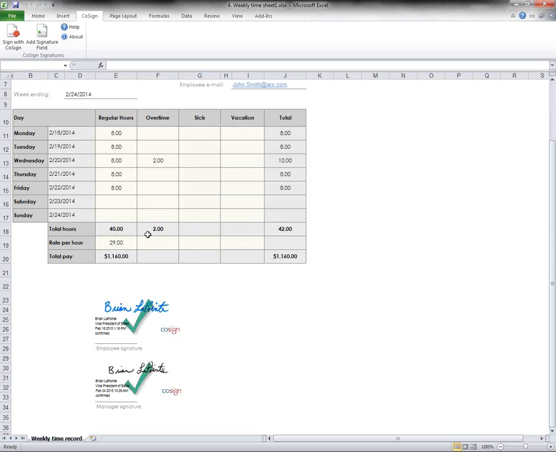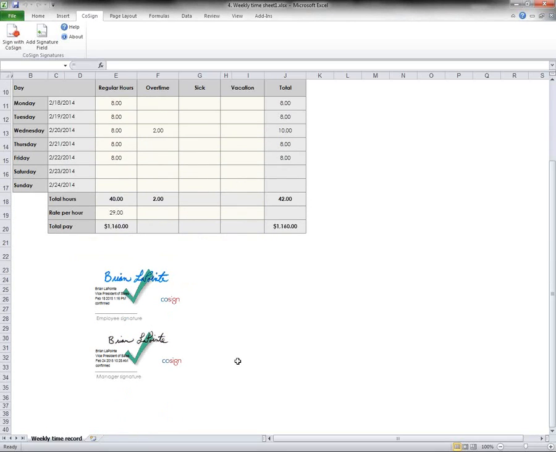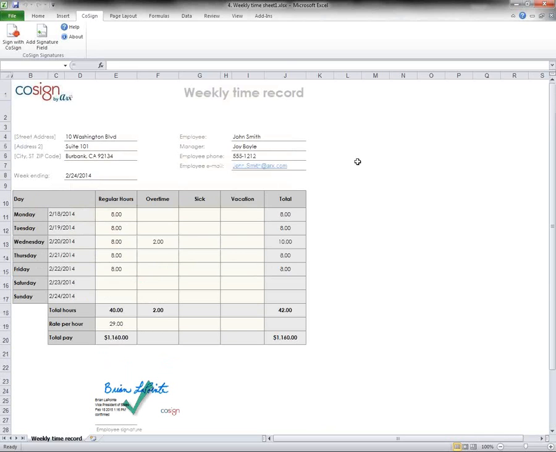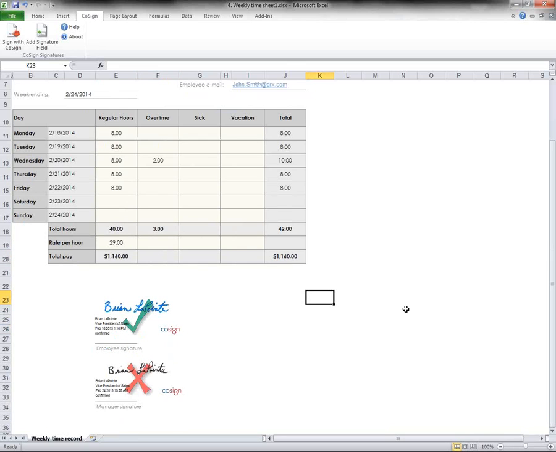But think about an Excel spreadsheet if you're in the accounting department, and you need to route this around and collect multiple signatures from multiple people in your organization. You can just set it up and have the different signature fields here and not convert it to PDF. Leave it in its original file format and route it around and keep the signatures. And that way, if anyone makes any changes, so I can change this, it'll invalidate. You'll know that it's been changed. Simple as that, guys.